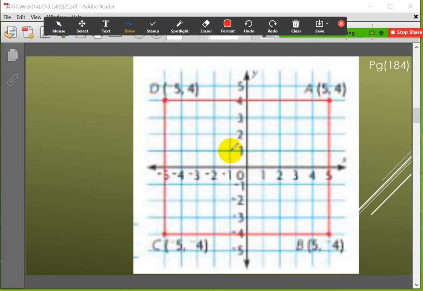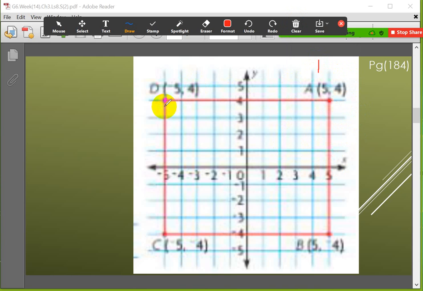Now girls, let's take a look at this coordinate plane, please. I want you to focus with me. Look at this point A and point D. What are the coordinates, or the ordered pair, sorry, for each one? Of course, for the ordered pair for A, the x will be 5 and the y will be 4. So the x and the y are both positive, because this point is in the first quadrant. Okay,